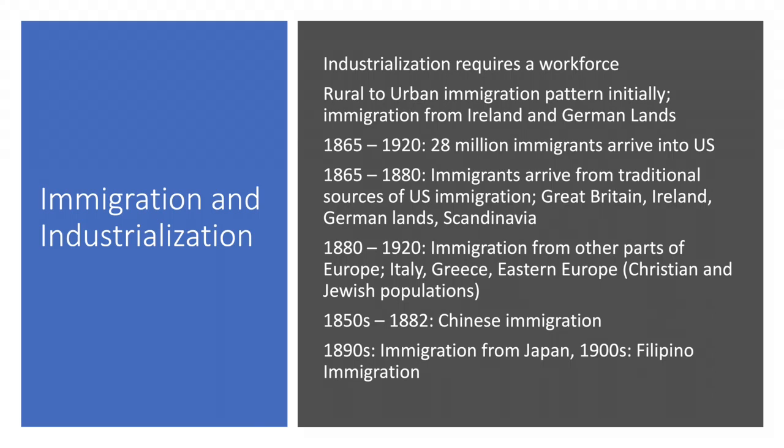Now, these immigrants challenged notions of American identity that revolved around WASP. Remember, WASP is white, Anglo-Saxon, Protestant. We'll talk about this in more depth later on, but these immigrants challenged notions of WASP because they clearly were not Protestant. Many of them were Christians, but they weren't Protestant Christians. And many of them were not Christians. They were Jewish. And the question that was raised as these immigrants streamed into the United States, were they white?